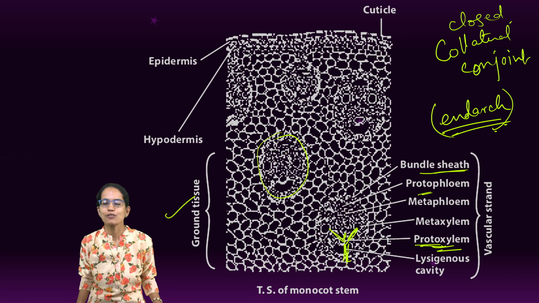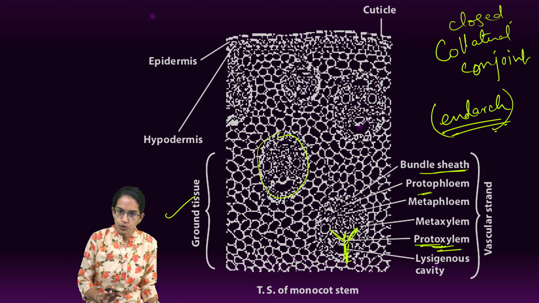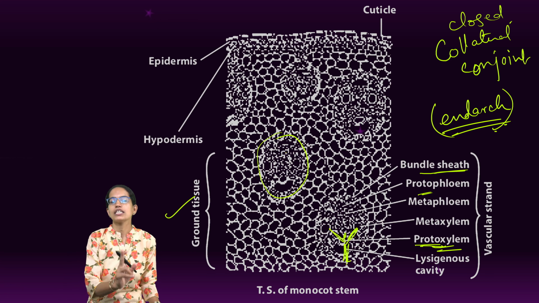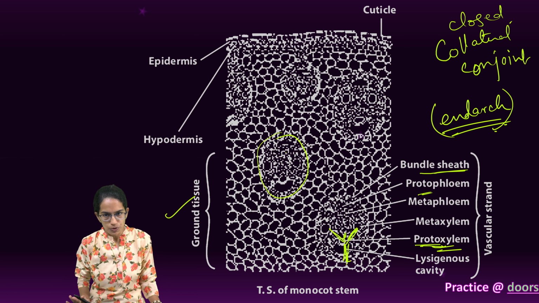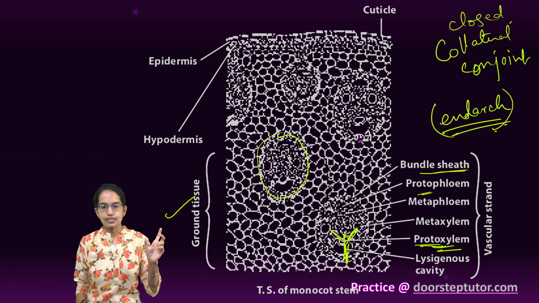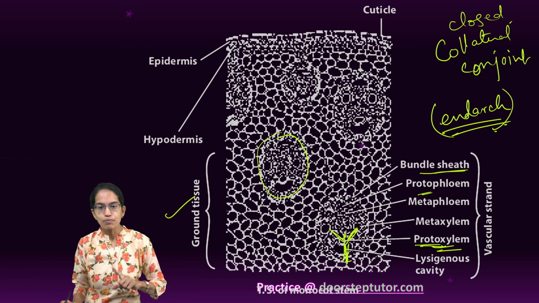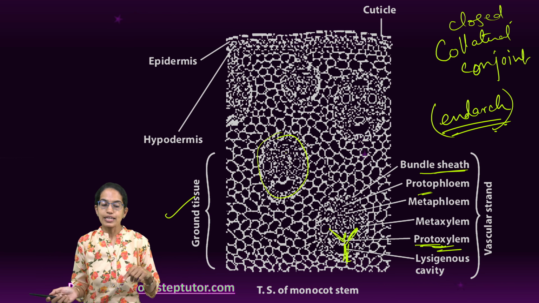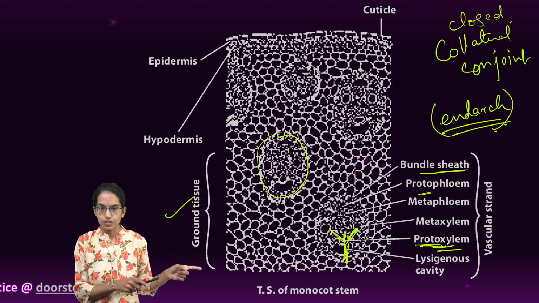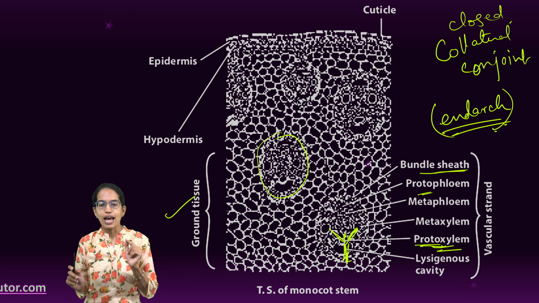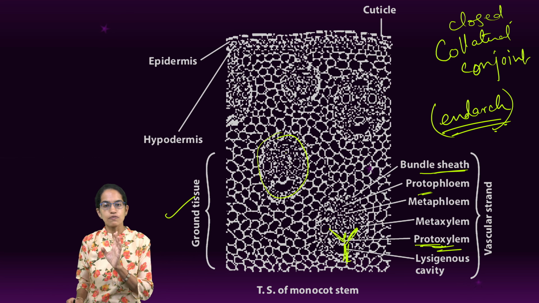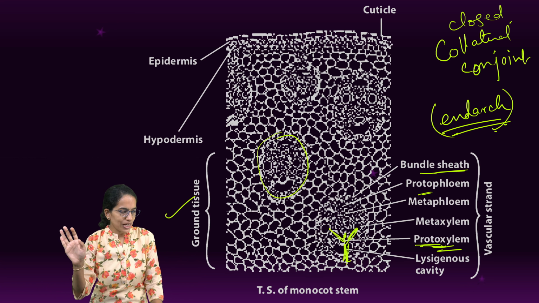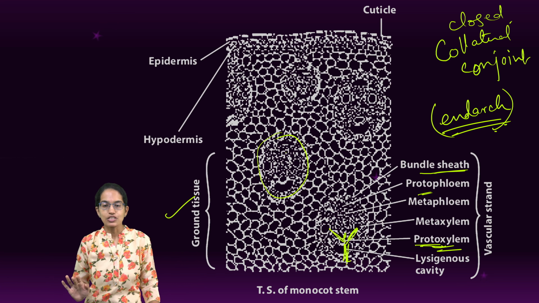So this was a quick summary about monocot stem and the differentiation of a monocot root and a monocot stem. The major characteristics where the xylem is exarch in root, endarch in stem, and there is differentiation in the case of root, no differentiation, and a single ground tissue in the case of stem. So those are some of the clear things that we have discussed in this lecture.